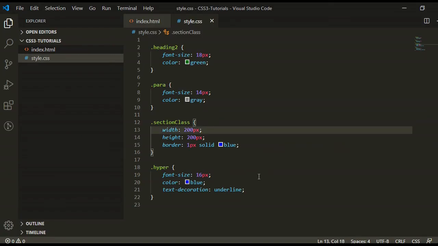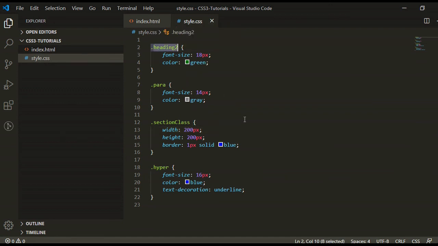So friends, in real-world development, 80-90% of the time we use the class name on elements to apply styling, because we can apply the same class name on multiple elements. How? Let's see.